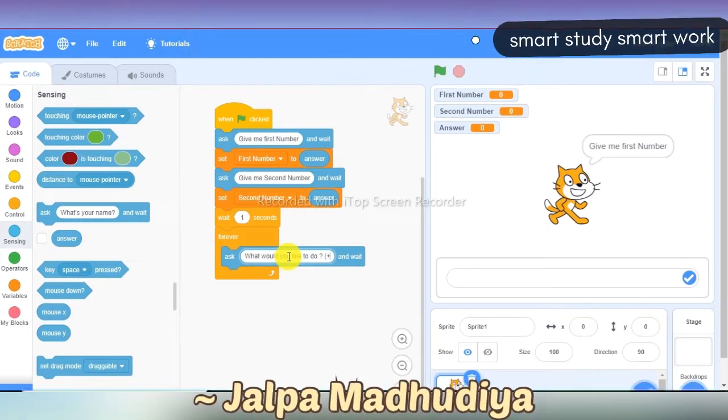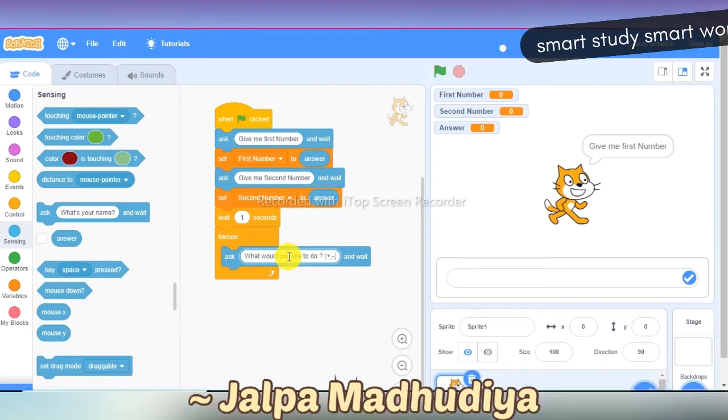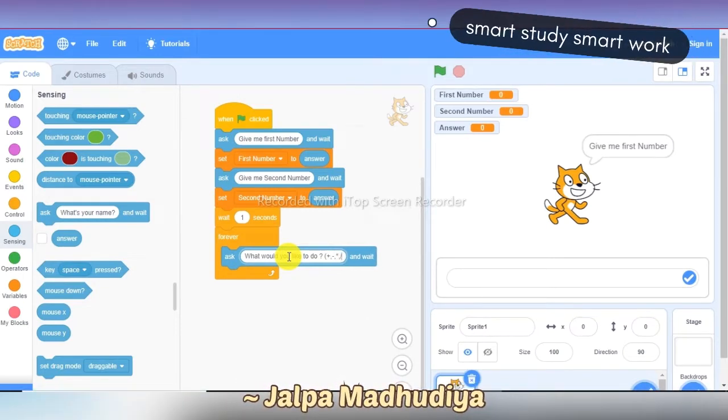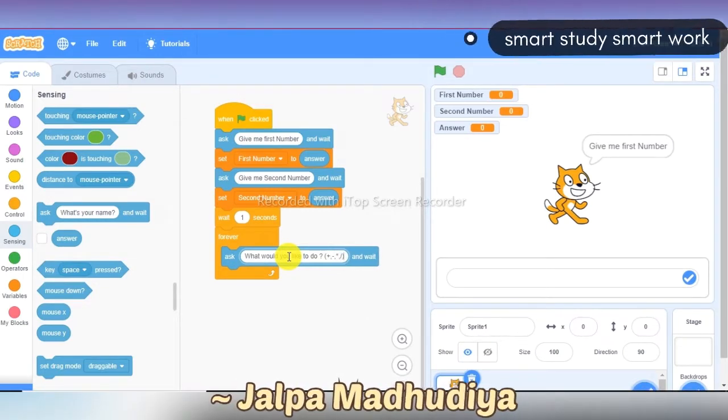Plus, minus, multiplication or division. What would you like to do?